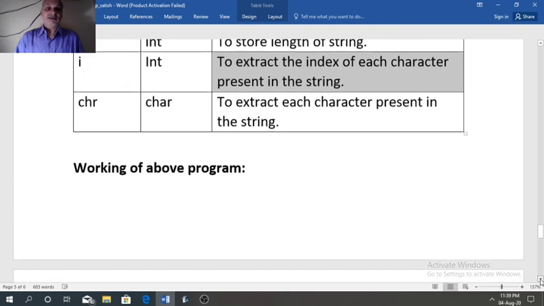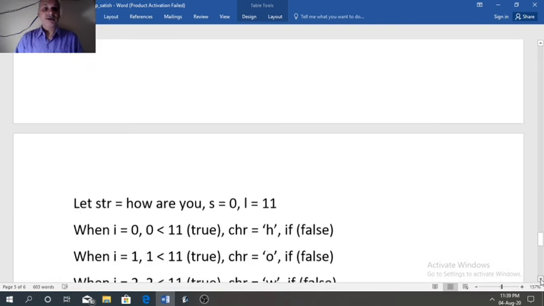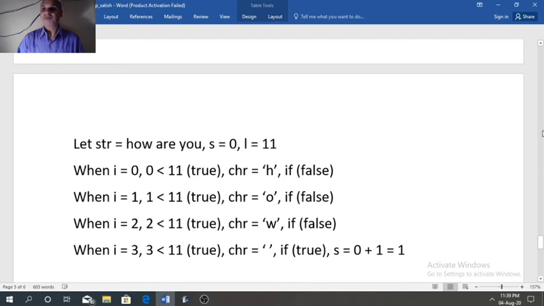After that, the working I will show you after the execution of the program.